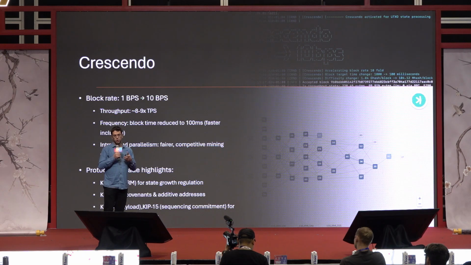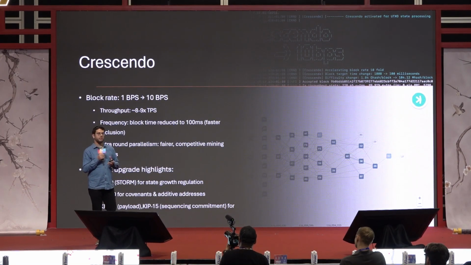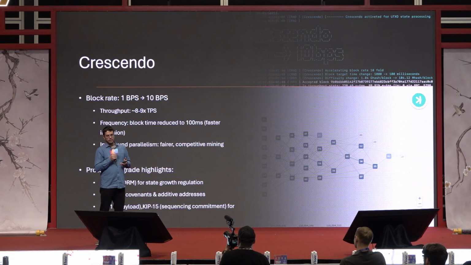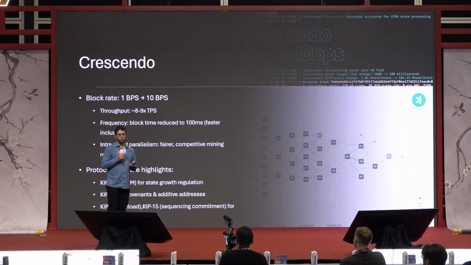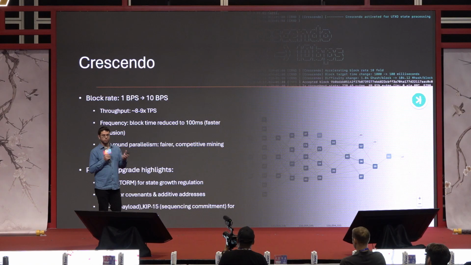But theory and practice show this is a constant fraction of around 15, maybe 20% of the throughput. So you still get a nice 8, 9x TPS compared to 1 BPS, bringing us, if you speak about ordinary simple payment transactions, to 2,000 or 3,000 a second on Kaspa in a few weeks. While still running on commodity hardware, still just requiring nodes to have maybe 8 cores, 16 gigabytes RAM, a few hundred gigabytes of disk, nothing more.